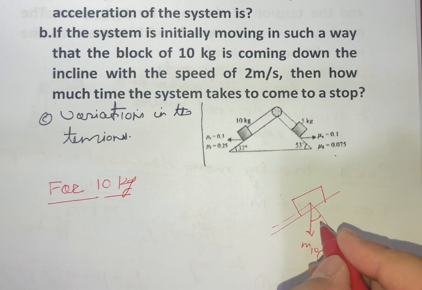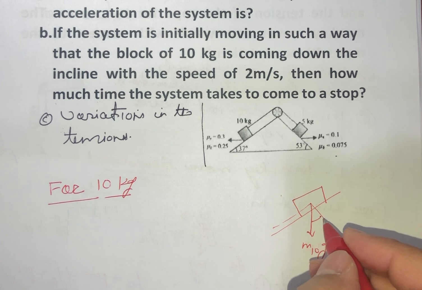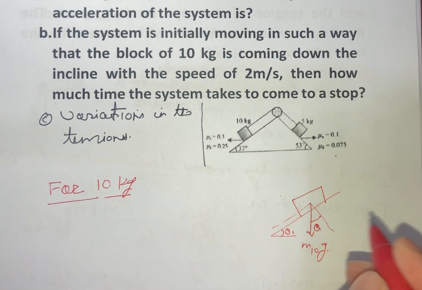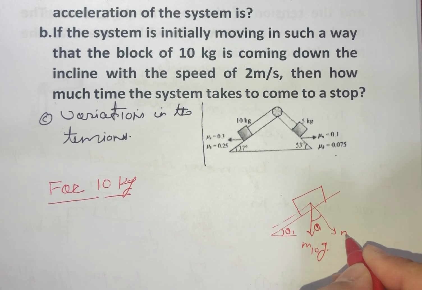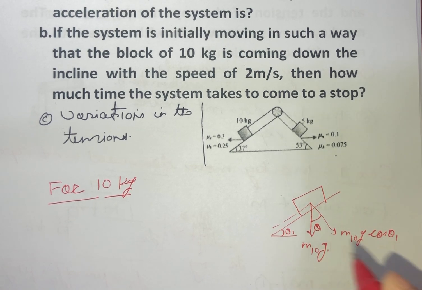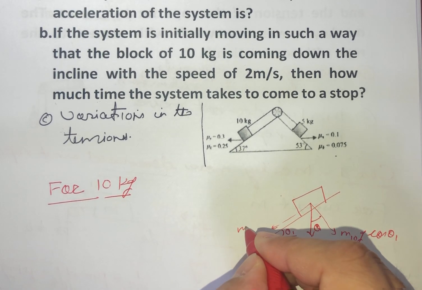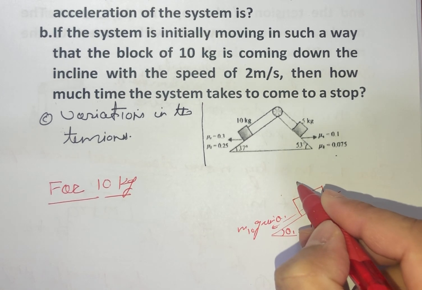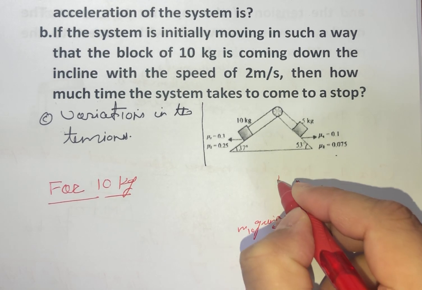Let us call this angle theta 1. So this will be m10g cos of theta 1, and this will be m10g sine of theta 1, and there will be a normal, that is N10,